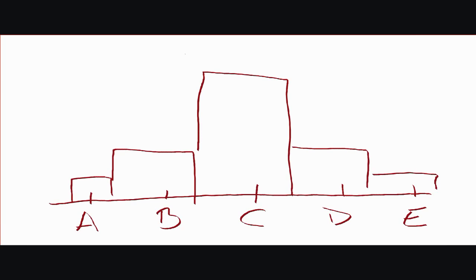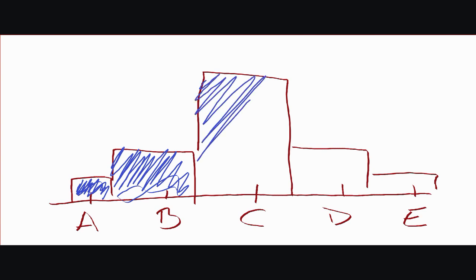All of our data points are actually represented right here in this picture, right? We know that this height of 1 means there's exactly one thing in category A. This height of 2 means there are exactly 2 things in this category B. Altogether, at this point, we have 3 total data points, right? Because I've got 1 data point in the first bar, 2 data points in the second bar, so altogether 3 so far. I know that I have 4 data points